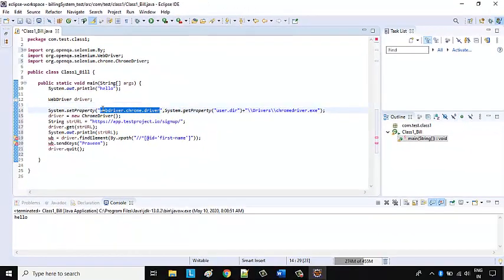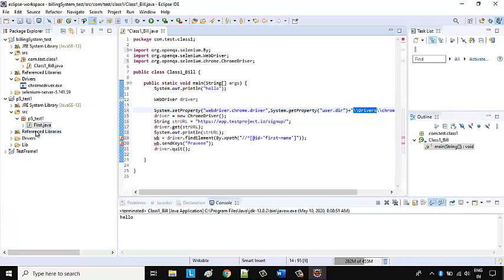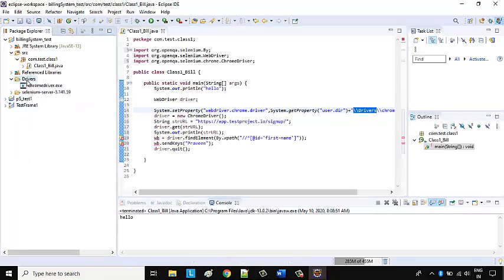Then System.getProperty picks the path of the system where your workspace, or the project, is available, so there is no need to fix the path here. Then this is the folder that I created, and under it is the chromedriver.exe.